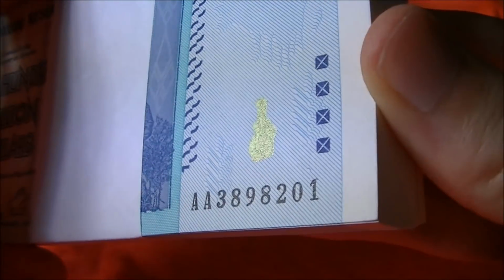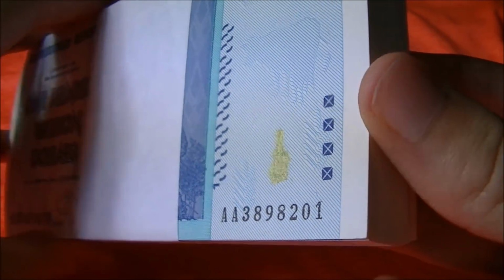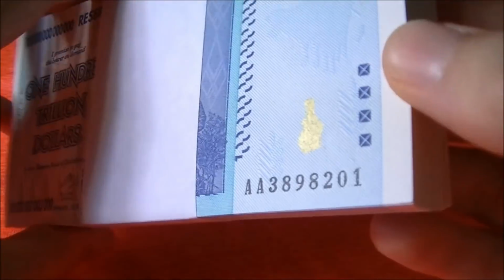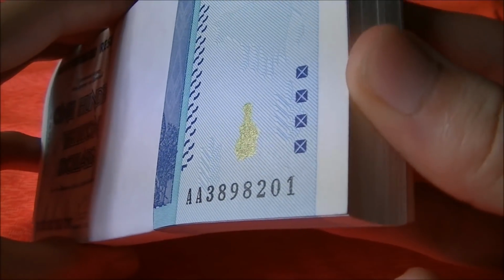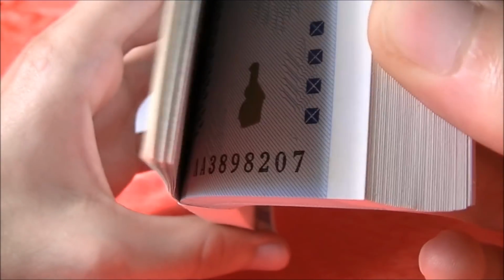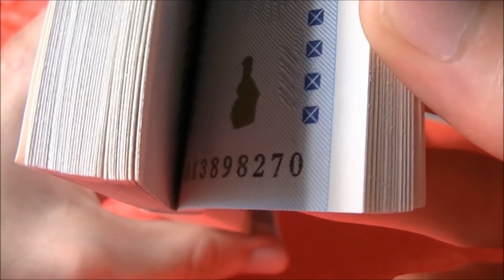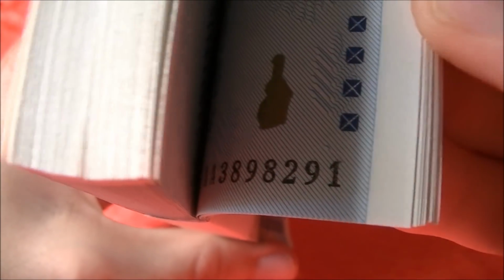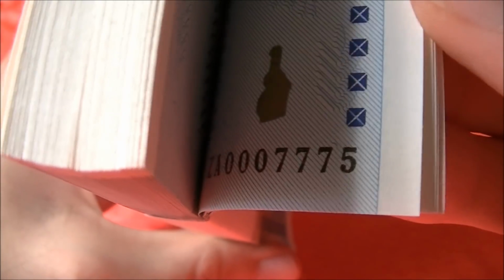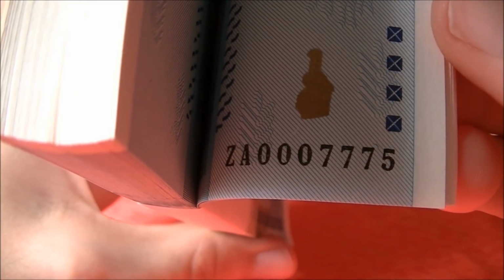So I scanned through them, and I want to show you guys what I saw in here. And this is really cool because these are really scarce, especially with the highest denomination banknote in the world. They did not make many of these. So I was flipping through it, and it goes through all the serial numbers there. And then when I got close to the back here, you're going to see it in a second, boom, I hit a run of the ZA bills, and you can see there,